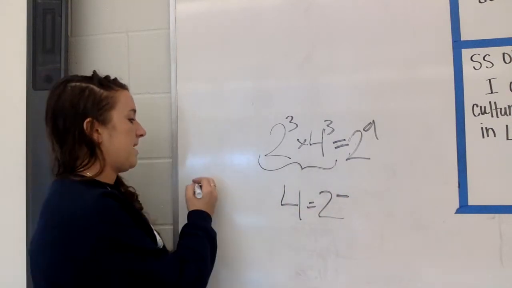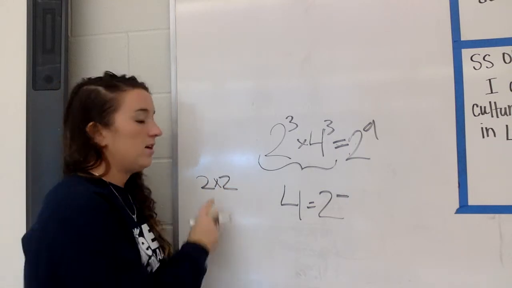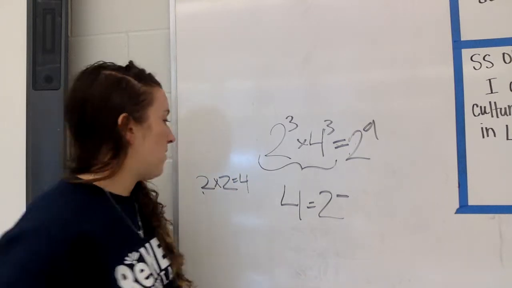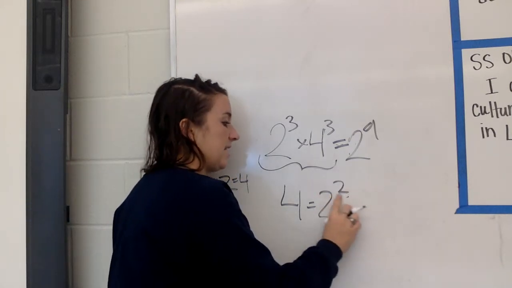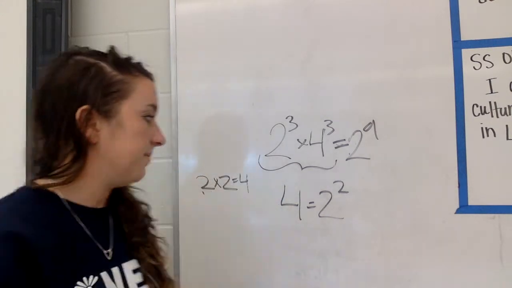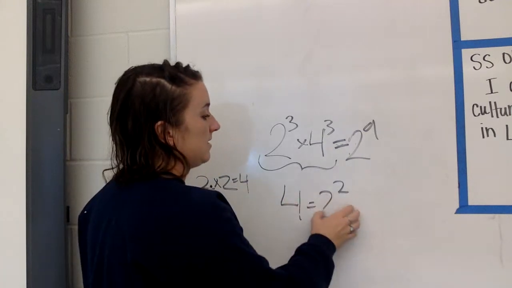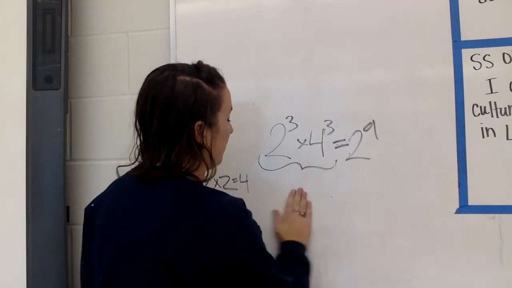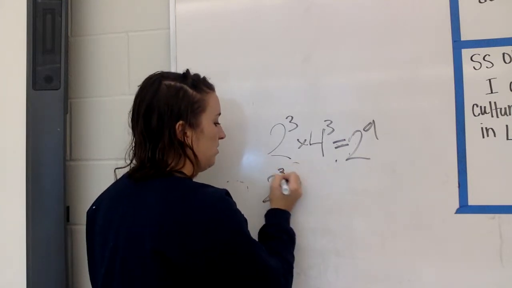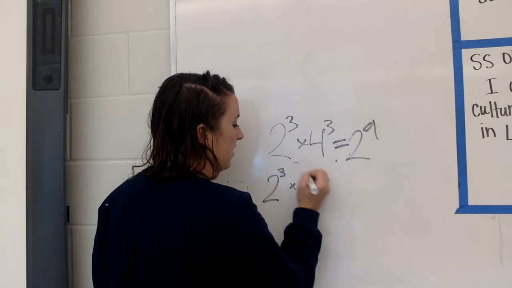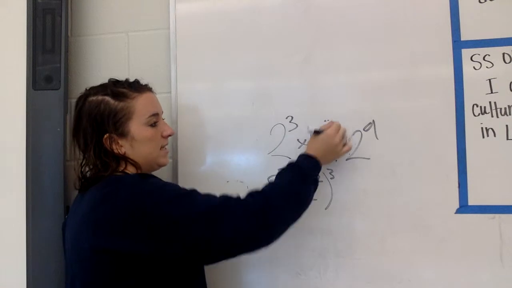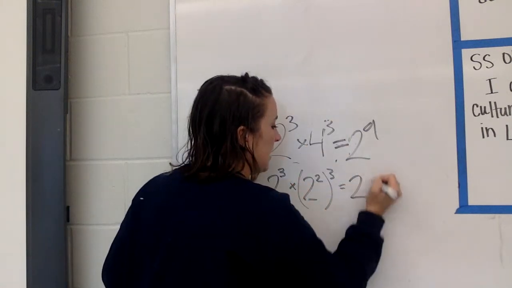Let's try it out by multiplying 2 by itself and see if we can get to 4. 2 times 2, easy. We only have to do it twice. So 2 raised to the 2nd power equals 4. Now this gets a little tricky though, because now we have to put in 2 squared for 4. So if I rewrite this, it'll look like this: 2 cubed times 2 squared raised to the 3rd power, right? Because I need to have my 2 squared raised to that power still, just like my 4 was,